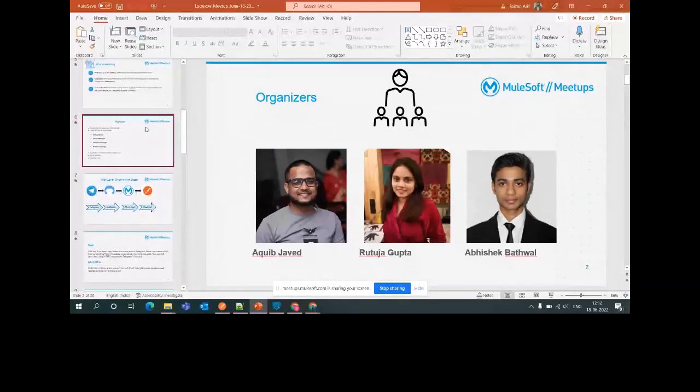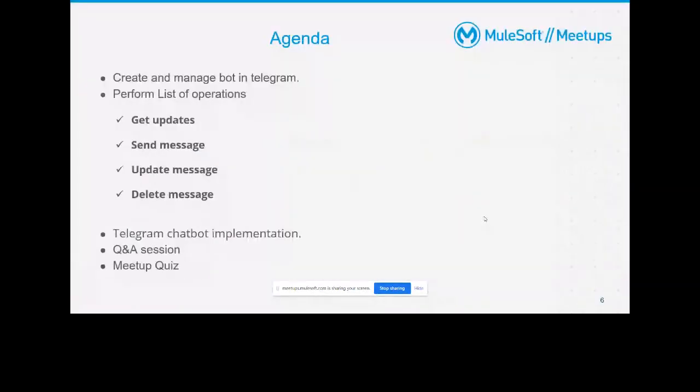Faizan, you can start. Yeah, sure, Akif. So this is our agenda for today's session. First we will learn how we can